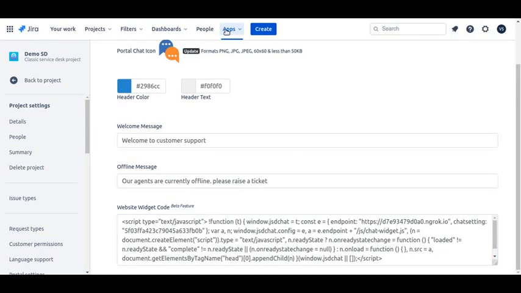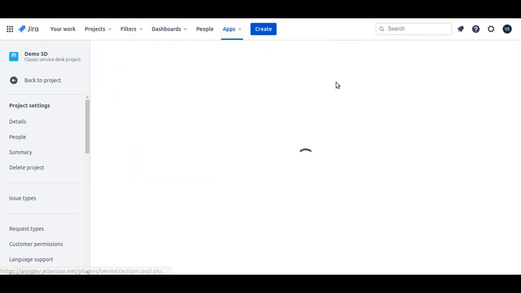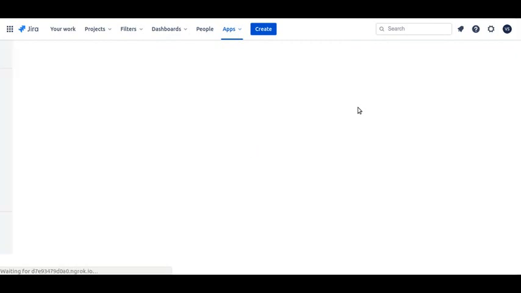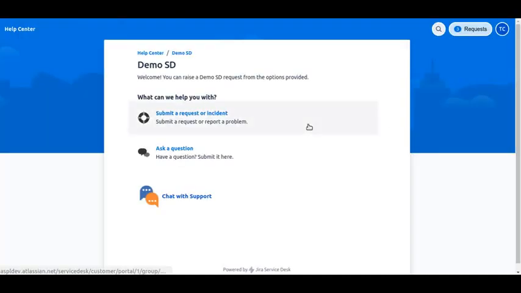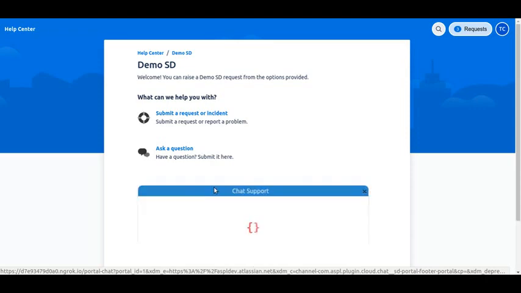Now that we are done with the setup, we need to get started chatting with our customers. Agents can be online by going to this particular page, which is the chat support page. An agent is treated as online when he's on this particular page. To get chatting, a chat request needs to come from the customer. The customer can send in chats by going to the customer portal, by clicking the chat with support link, which is available on the customer portal.